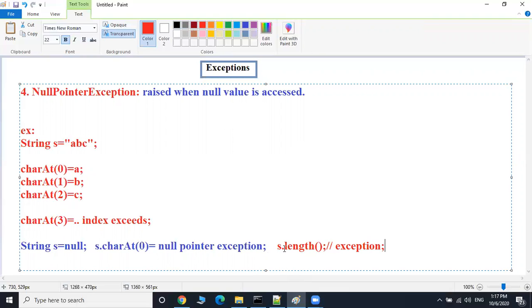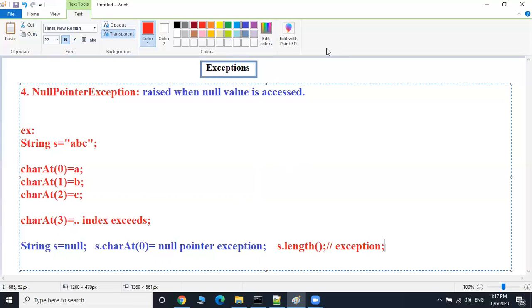In such a case, the compiler will raise an exception called null pointer exception. Null pointer exception is raised whenever an invalid memory is accessed. This is known as the null pointer exception.